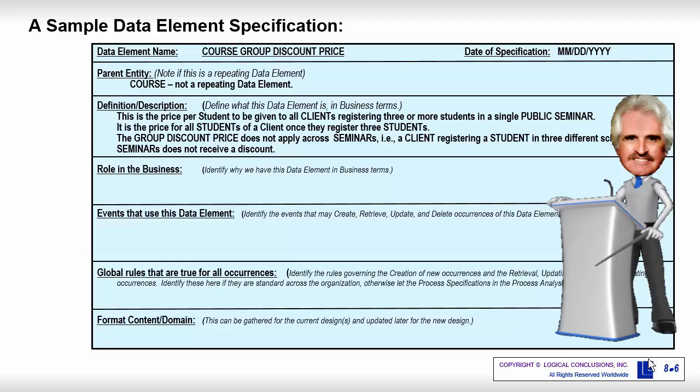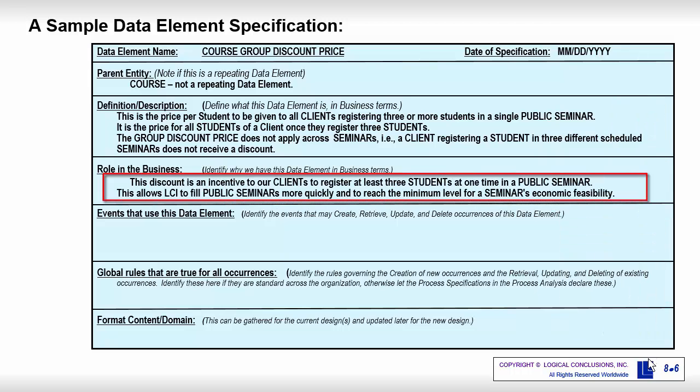I remember my staff person coming back into my office and asking, our seminars are filling up, why give any discounts? That made me think. And we put together the reason. This discount is an incentive to our clients to register at least 3 students at one time in a public seminar. This allows LCI to fill public seminars more quickly and to reach the minimum level for a seminar's economic